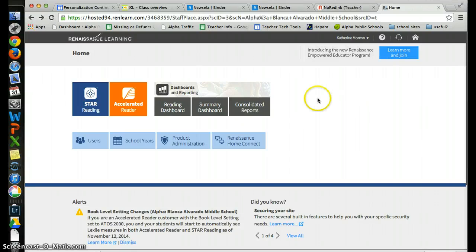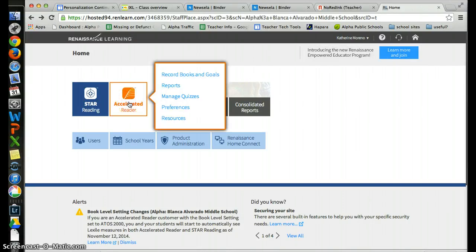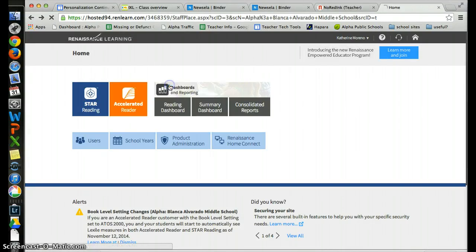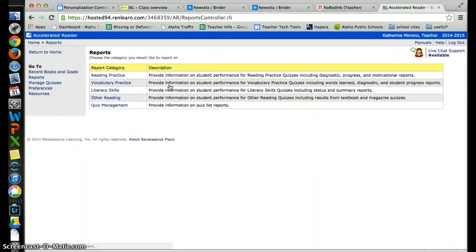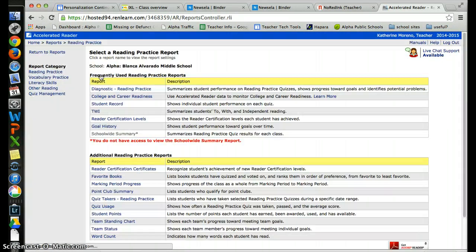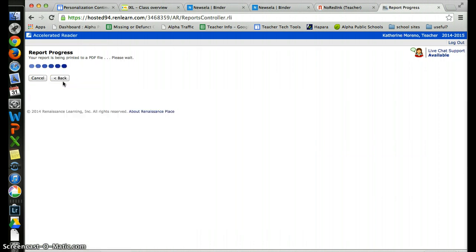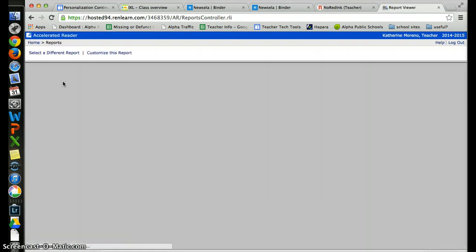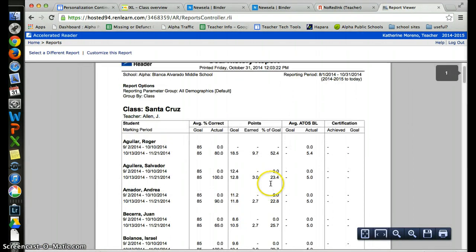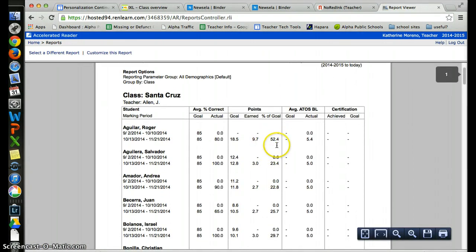So I have 30 seconds to show you. If you go to Accelerated Reader, and then you go to reports, you're going to be able to click on reading practice right here, and then goal history right here. And it's going to generate a report for you. Click view report, that will show you every single student, the different marking periods, and how close they are to their goal. So you'll see it right here. So Roger is at 52.4% of his goal, and the screencast is going to end. So good luck with all